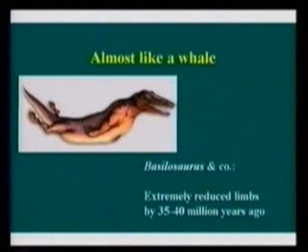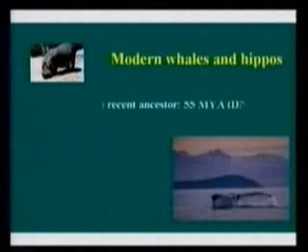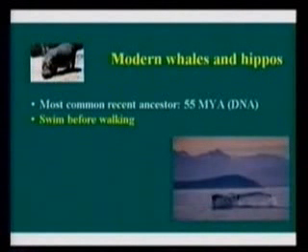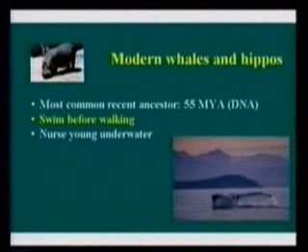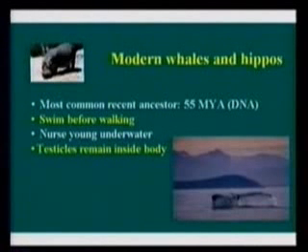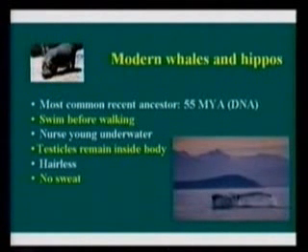So, combining the fossil information about the evolution of whales with the molecular biology of whales, we know that whales are fairly closely related to hippos, which are these animals that we're showing you here. There's the hippo and there's the whale. They're very closely related, meaning that they share a common ancestor, last common